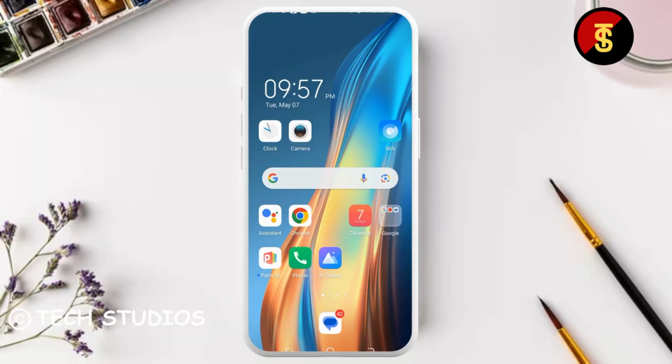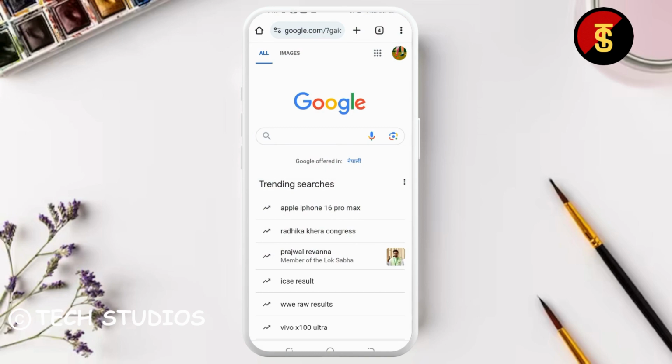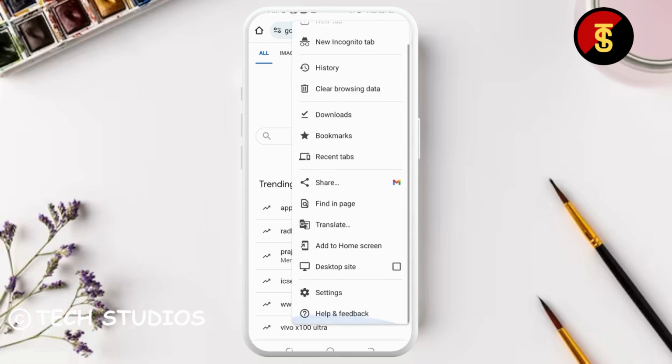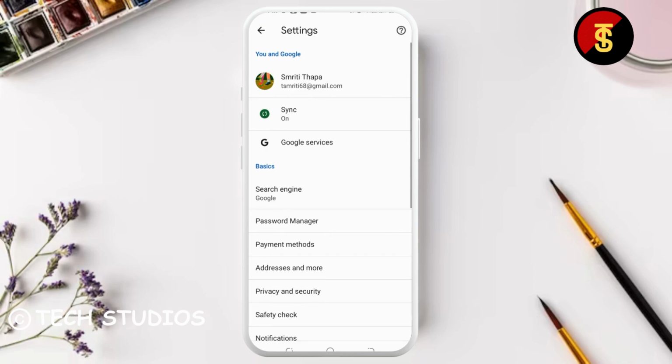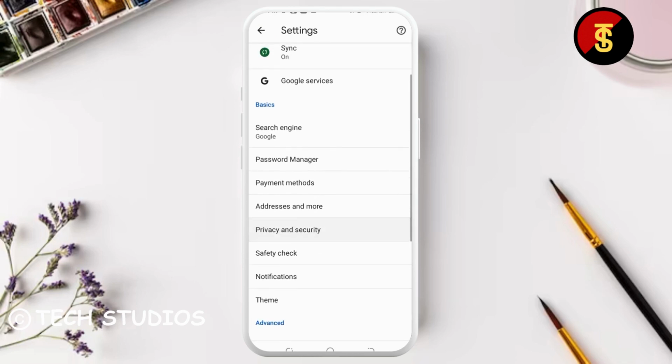First, open Chrome. Tap on the Chrome app icon on your Android device to open it. After that, in the top right corner, we can see the three dot icon. Select that. Over here, scroll all the way to the bottom and we can see the settings icon. Select the settings. Over here, select privacy and security under the basics